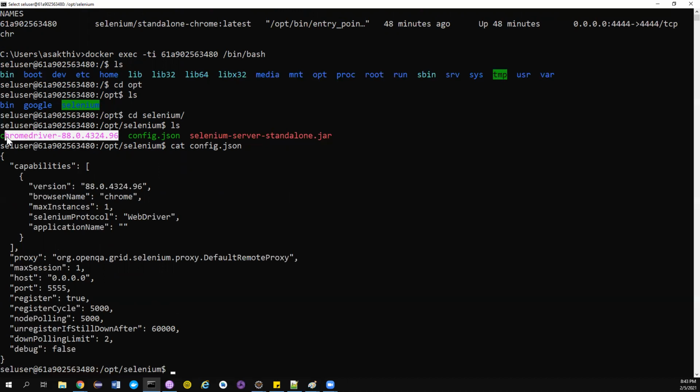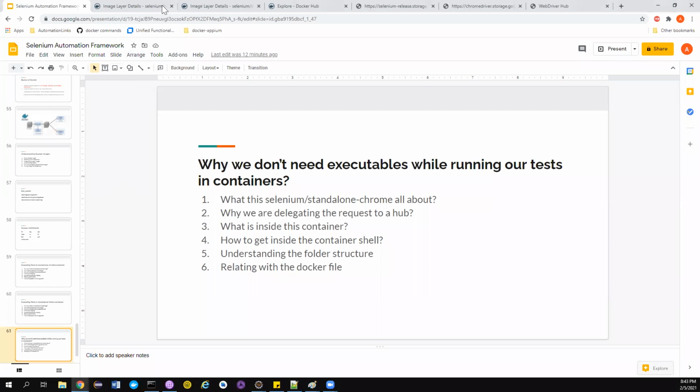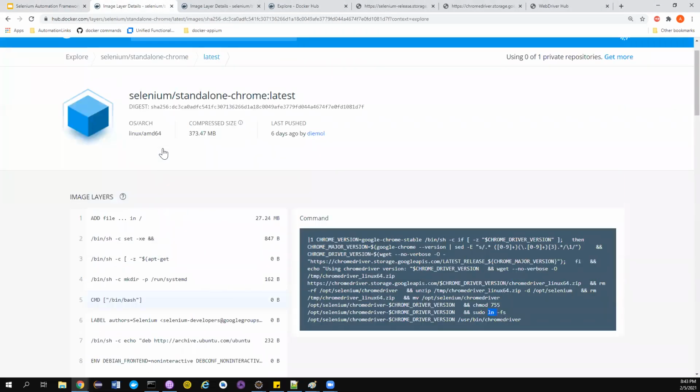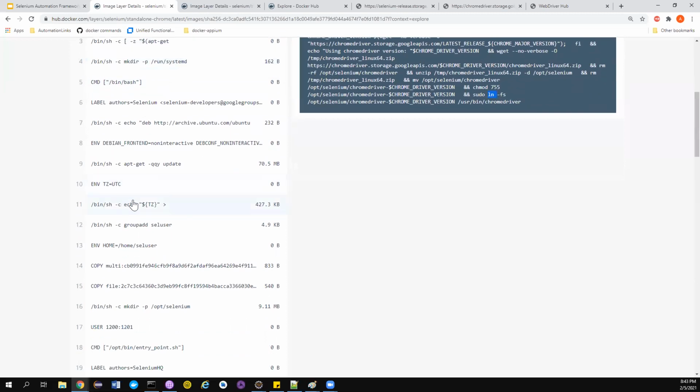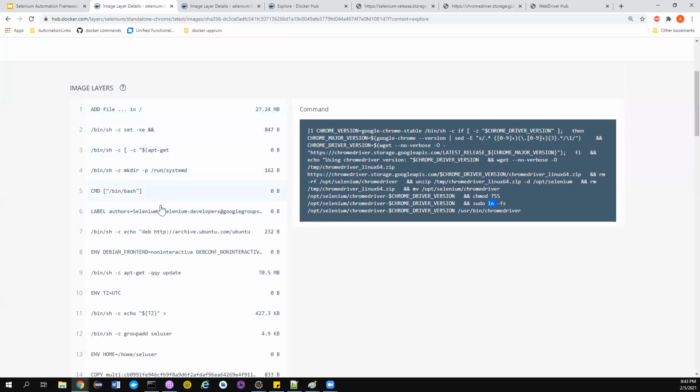Now, Amuthan, how did you find all these things? You just went into this folder directly without even considering other folders. How do you know this exists here? For that, if you need the answer, let's go to the image. Like I already told, the containers are created from your image, because that's the base, right? From that we are creating an instance, right? So if you go to this particular thing, these are all the simple commands they are using.